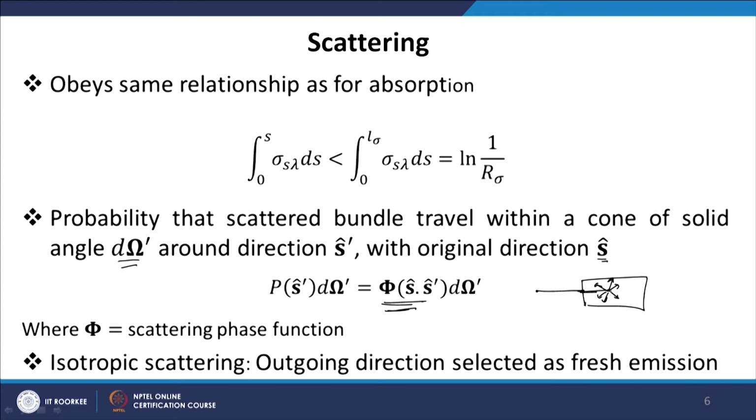So, if the photon is scattered isotropically, what we can do is absorb that radiation photon at that particular point, and we can make a fresh emission. It will be taken as fresh emission, and all the rules of emission will take place for this photon. So, we close the history of this photon in Monte Carlo, and a new photon is emitted in a similar fashion as fresh emission.